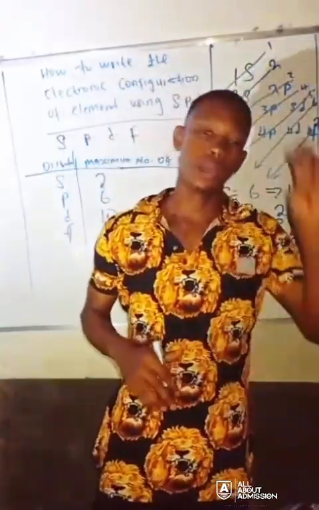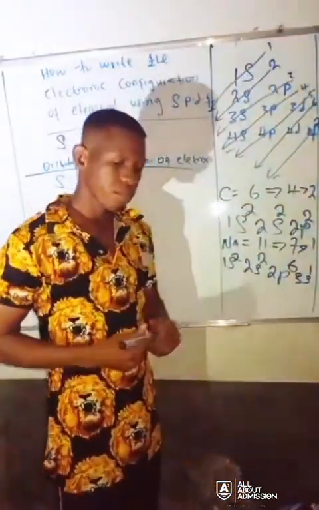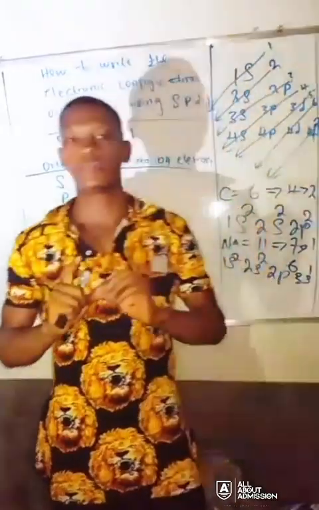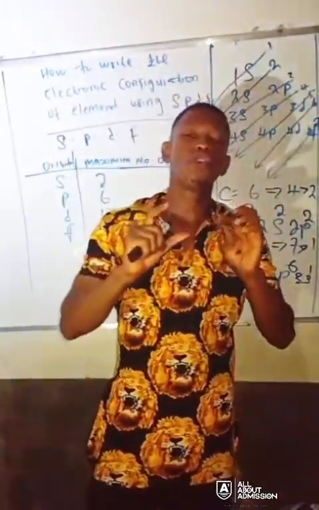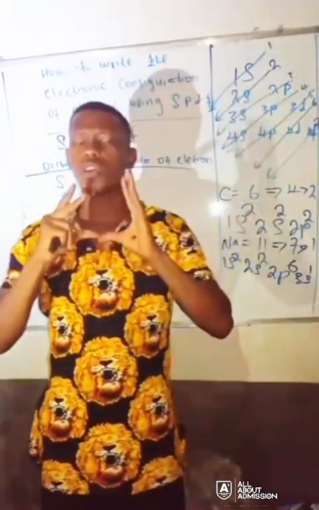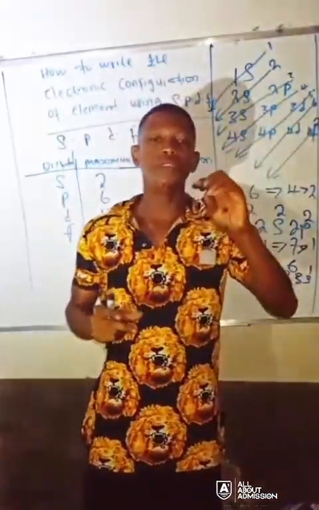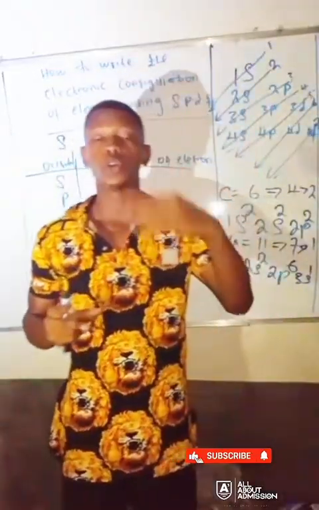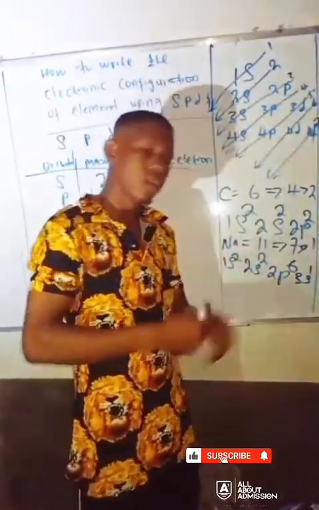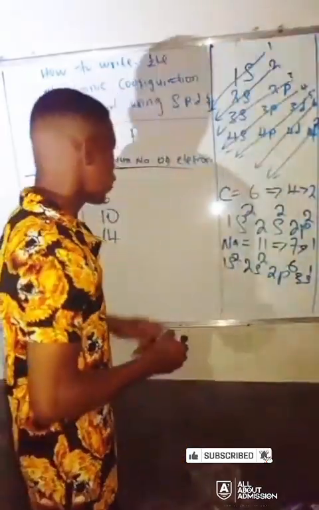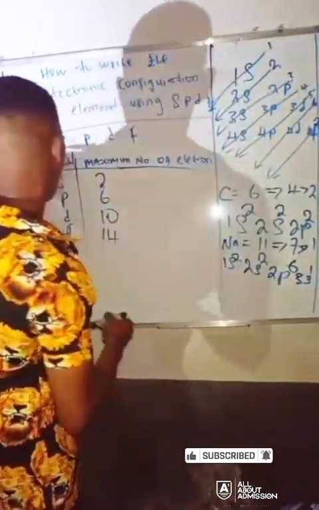Okay, now let's look at the next thing. How can we use SPDF to determine the electronic configuration? How can we use this SPDF to determine the group and the period of an element? How can we do that? Now, it's very, very simple. Look at this. It's very, very simple. All right, I have to